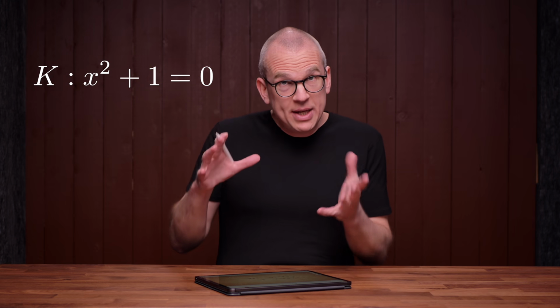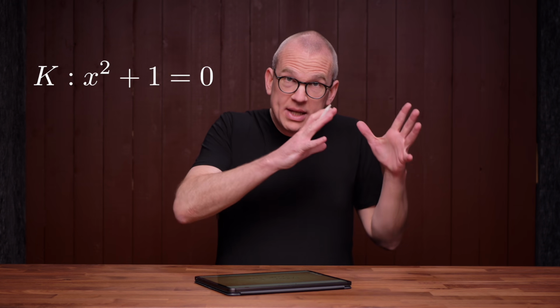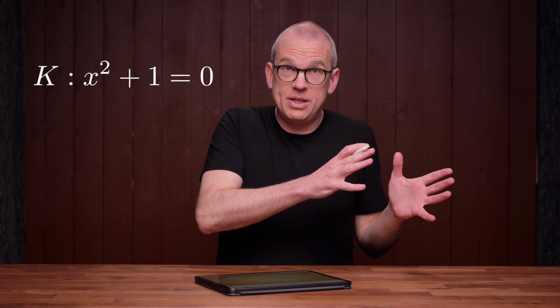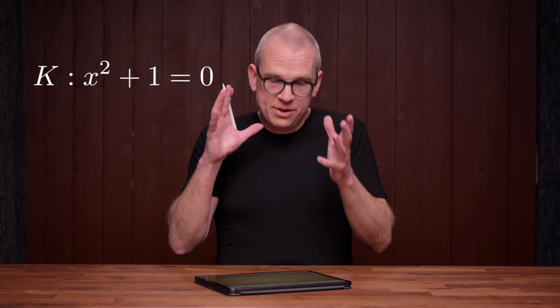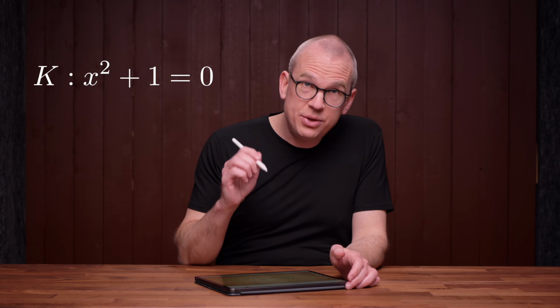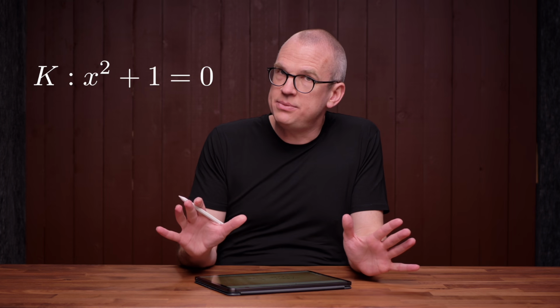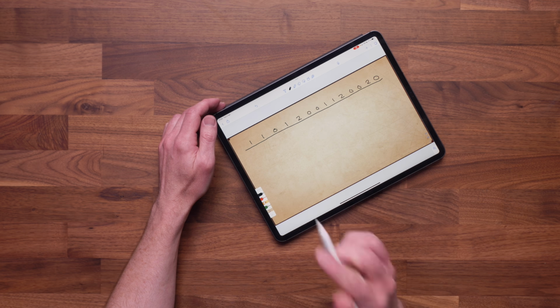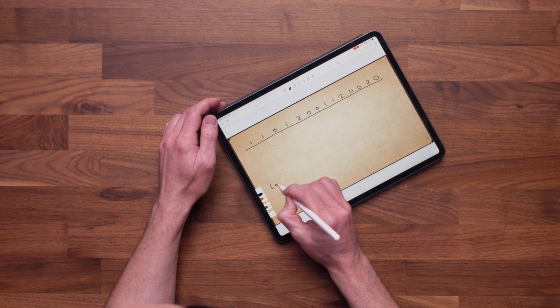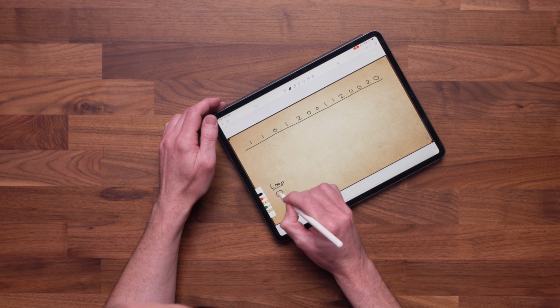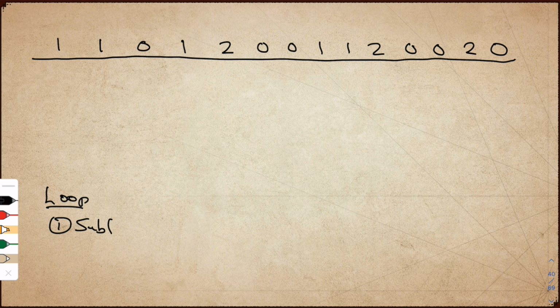Second, we got the L function somehow from the equation x squared plus 1 equals 0. Is there a way to get straight to the L function without using the equation? Look at this. What I do is I write the sequence here on top, and then I follow a procedure. This procedure is a loop where I first subtract and then I copy the result.